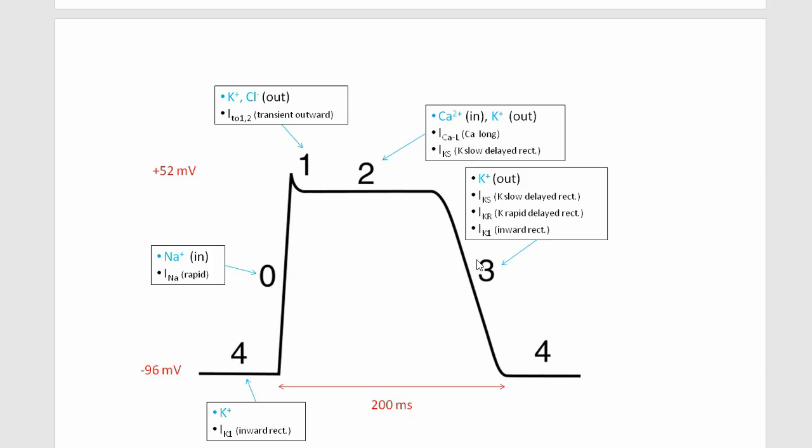Then we get to phase 3, which is the repolarization. Here there is an efflux of potassium ions, and that leads to repolarization of the cell membrane and restoration of the resting membrane potential. And then finally you get to phase 4, which is on both ends of this, and this is the resting membrane potential. So what is it, the normal state? After you've had the repolarization, the cell returns to its resting membrane potential,